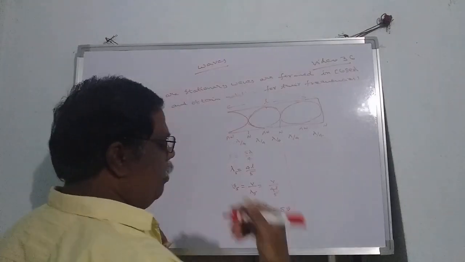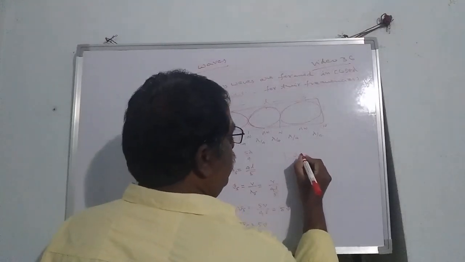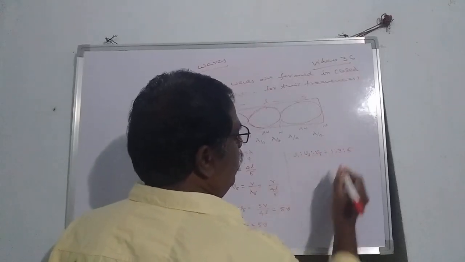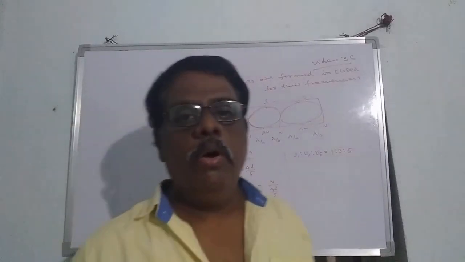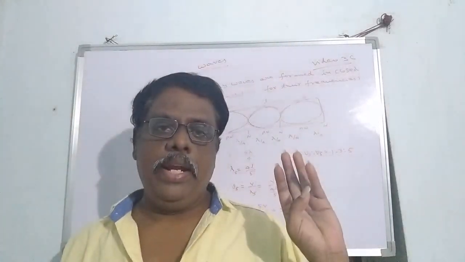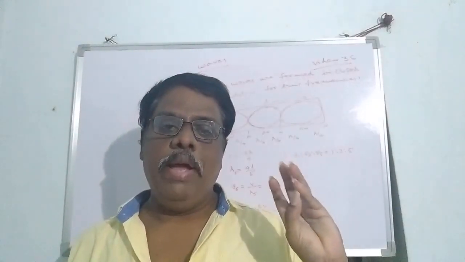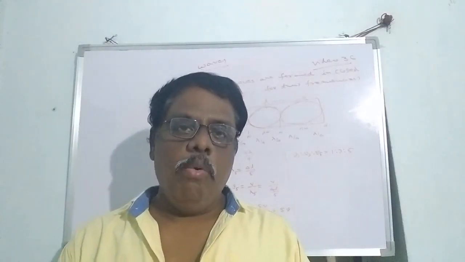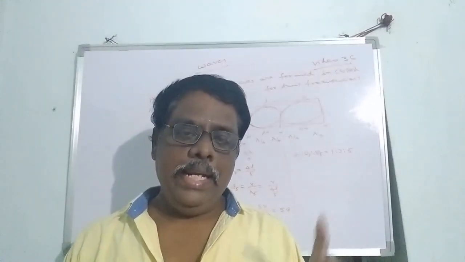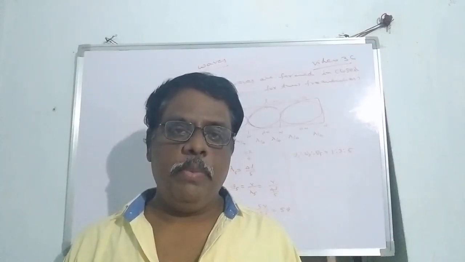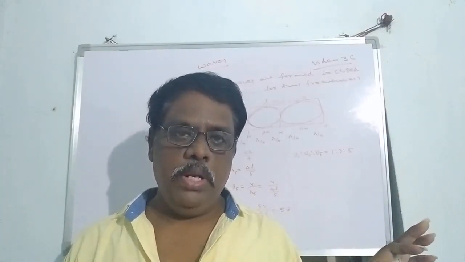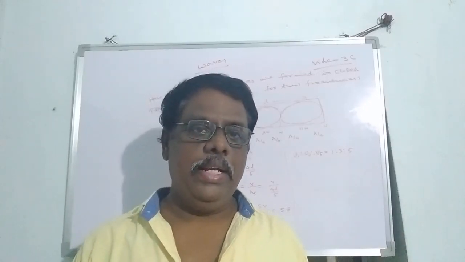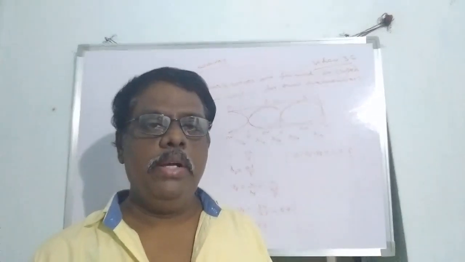That means the ratio of mu 1 to mu 3 to mu 5 is equal to 1 is to 3 is to 5. That means in case of a closed pipe, only odd harmonics are possible, in the ratio of 1 is to 3 is to 5. But in case of an open pipe, all harmonics are possible. The ratio will be 1 is to 2 is to 3 in case of an open pipe. But in case of a closed pipe, only odd harmonics are possible. So 1 is to 3 is to 5, then next will be 7, like that. That is the difference between open pipe and closed pipe.